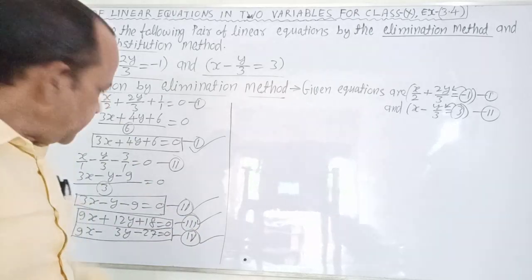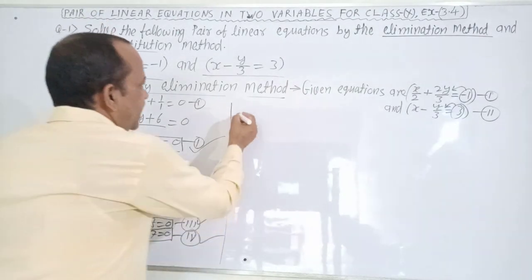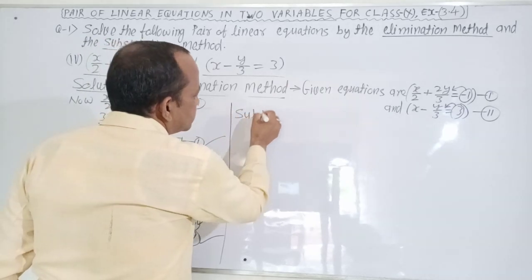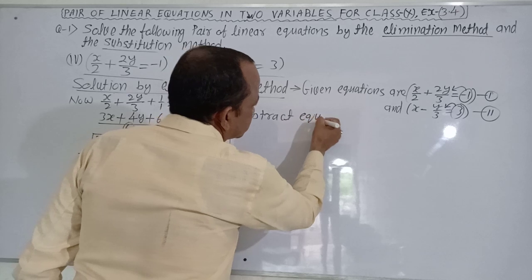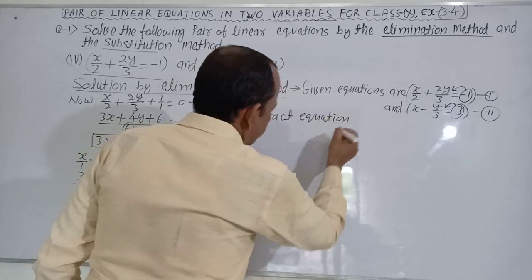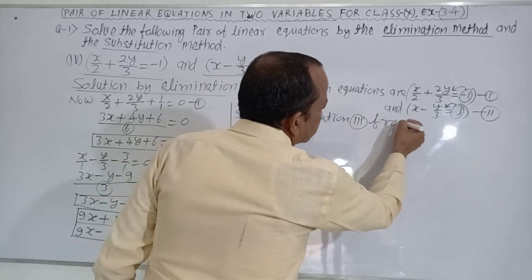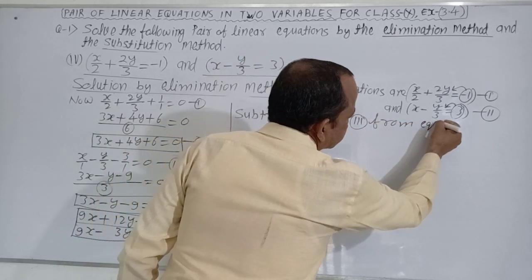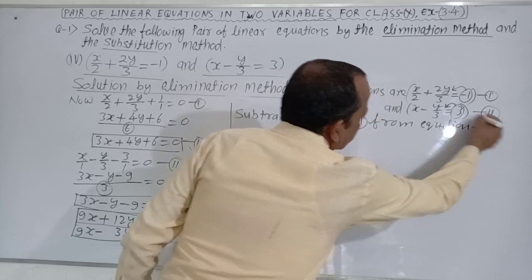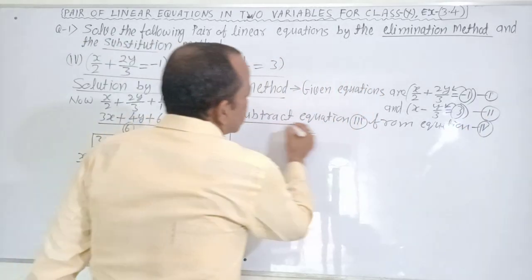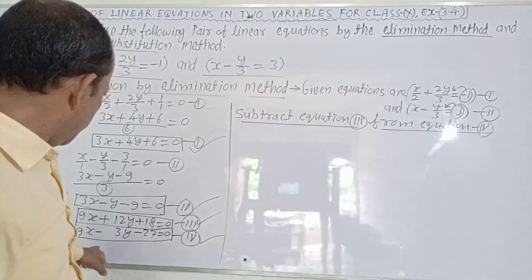Now you subtract equation 3 from equation 4. Subtract equation 3 from equation 4. Subtract equation 3 from equation 4. Clear? Equation 4 is